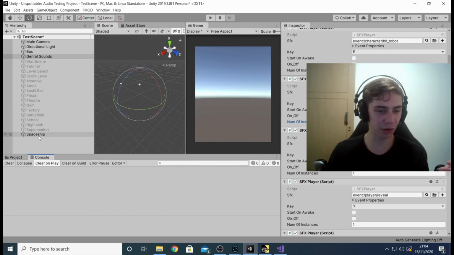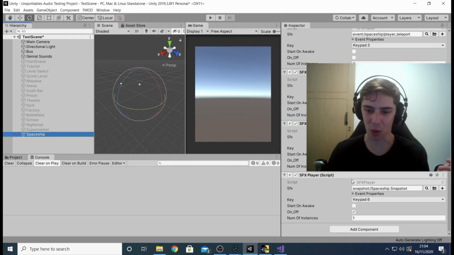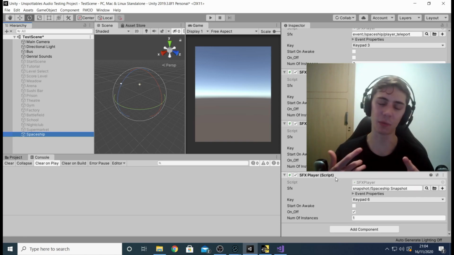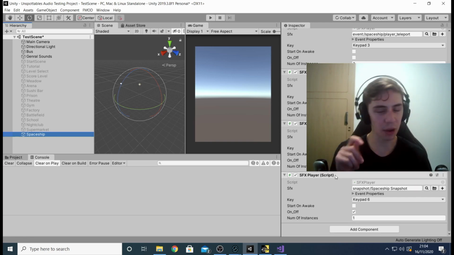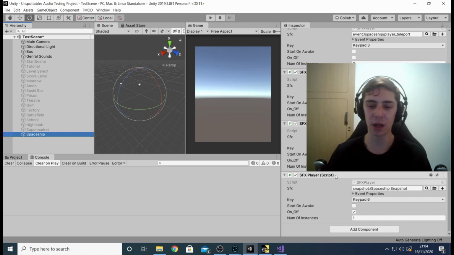So let's go on to the spaceship because I know it has one. I used the sound effects player script again to test these snapshots. Just like normal events, you can use the same sort of code to tell these snapshots to turn on and off. So as you can see here, I've set the spaceship snapshot, which is going to add a bit